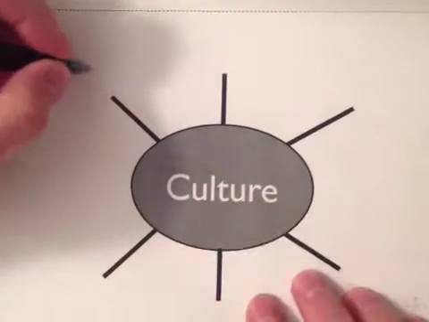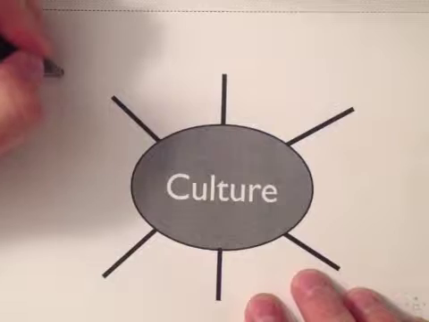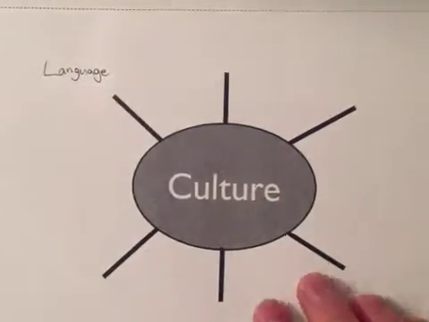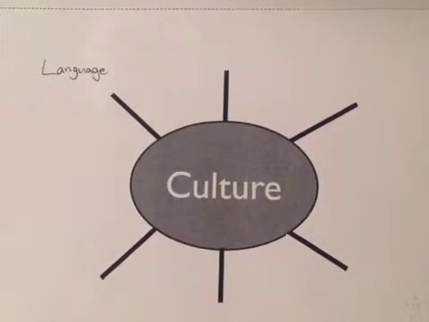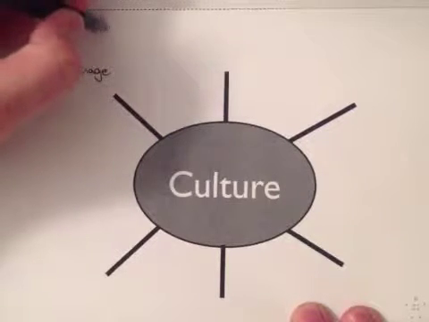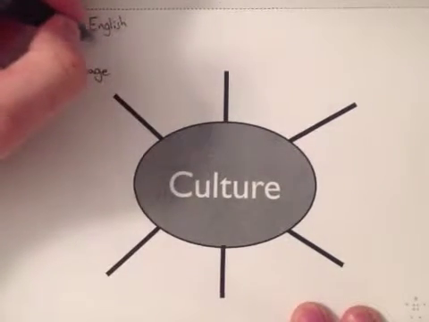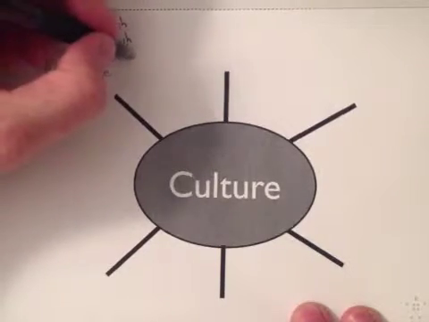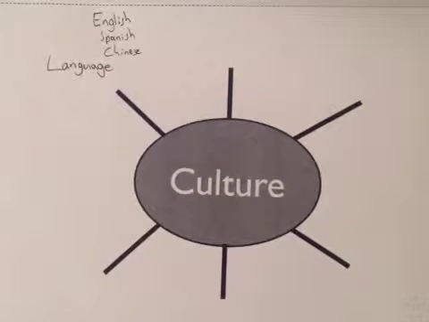The first aspect of culture that we're going to look at is language, L-A-N-G-U-A-G-E. Now, language is the type of language that is spoken by all the people throughout the parts of the world. Some languages that we're going to be looking at this year are English, obviously, Spanish, and Chinese. Each language is different in each part of the world, and the words have special meanings in some places. So we need to make sure we're respectful when we talk about different languages and people talking in different ways.